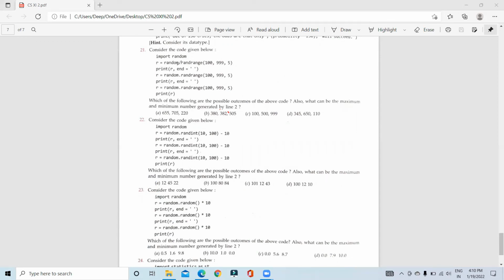ओके, random.randrange 100 से 999 और 5 में, ठीक है। ऐसे ही दूसरा प्रिंट है, ये दूसरा रैंड रेंज में प्रिंट है। विच ऑफ द फॉलोइंग आर द पॉसिबल आउटकम्स, इन चार में से कौन सा आउटपुट सही है। तो आप देखिएगा इसमें 5 के स्टेप में जाना है, ठीक है। तो इसमें ऑड वन आउट करके आप इसको सॉल्व करेंगे, मींस इसमें कौन सी चीज नहीं आ सकती।